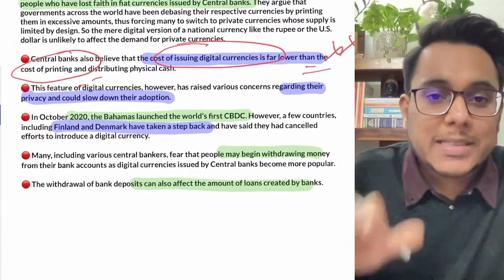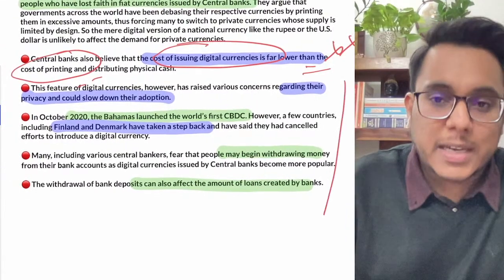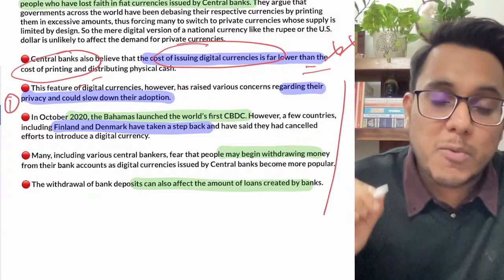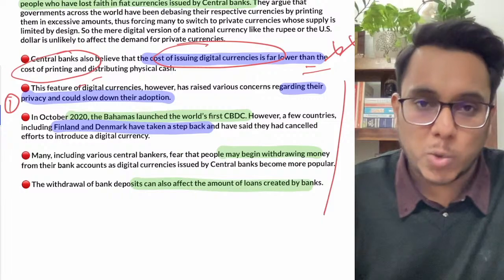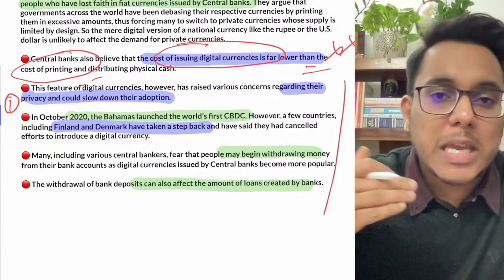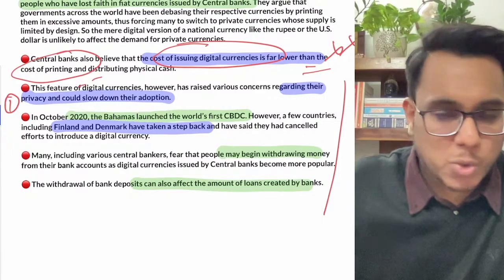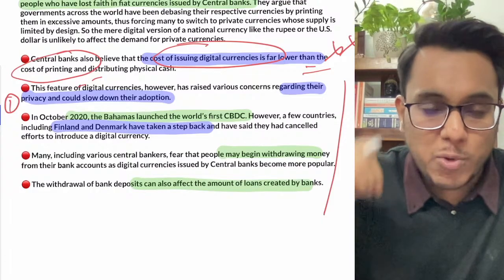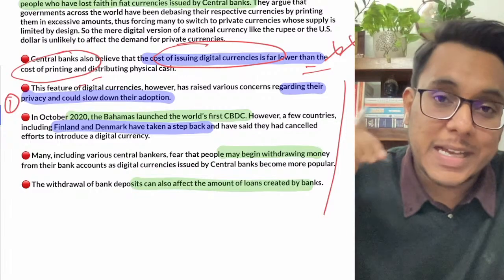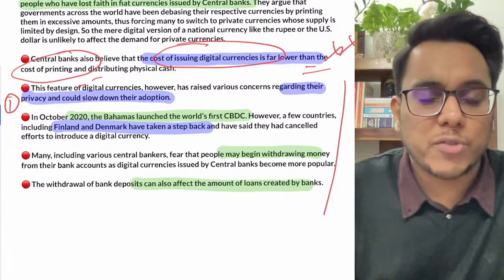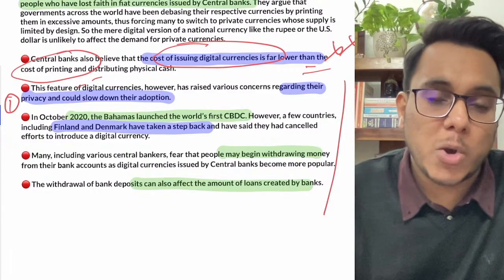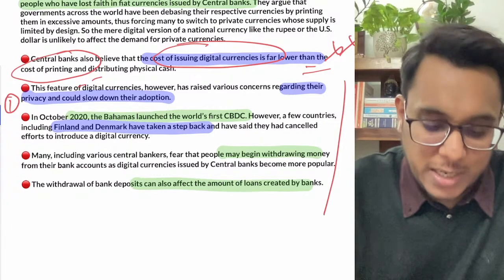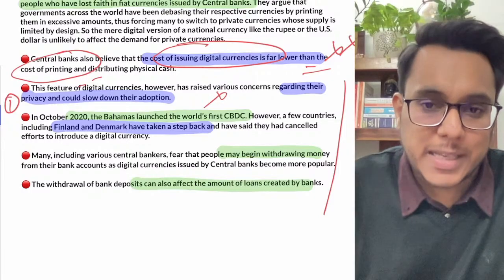Now, there are certain concerns that have come with respect to this digital currency. Number one, what is the concern? With digital currency, people will lose their anonymity with respect to the money. Today, people keep money stored in their homes, and nobody knows what amount of money they are holding. If you convert your money into the digital currency, the bank will know exactly the amount of money that you are holding. So anonymity will be lost. People's privacy will be lost. So people might not opt for this digital currency. This is the one limitation that is there.